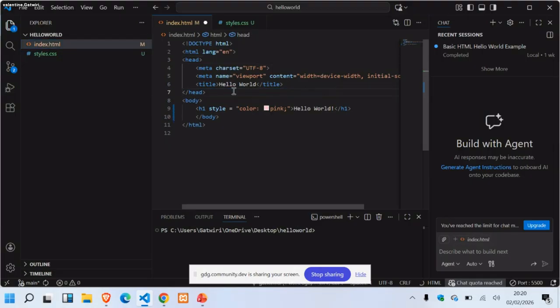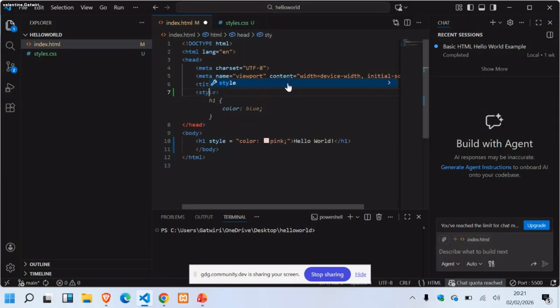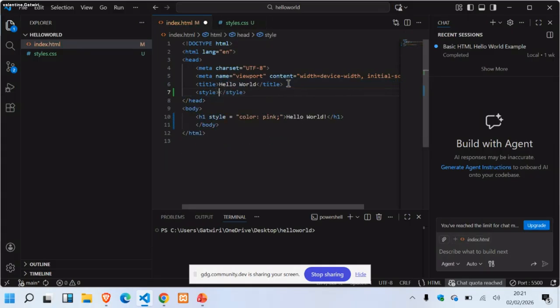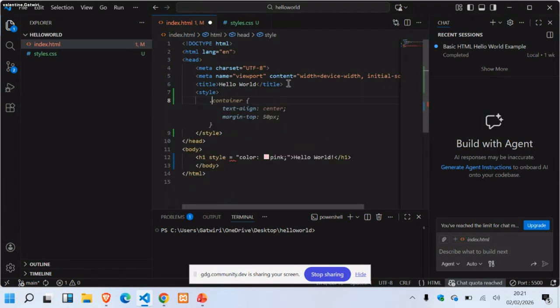For now, let's remove this linking factor. Style. Then we can say don't. You can call your class any name, but it should be self-explanatory so you are not confused. So yeah,